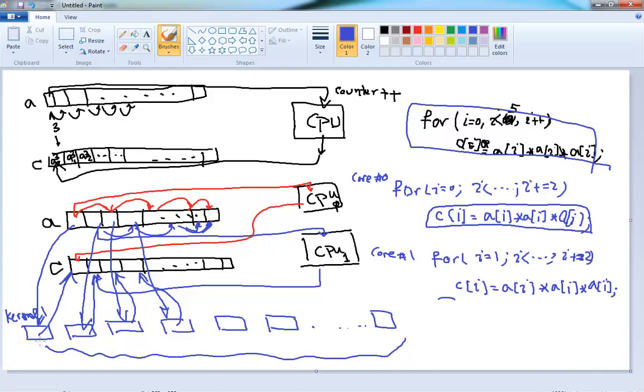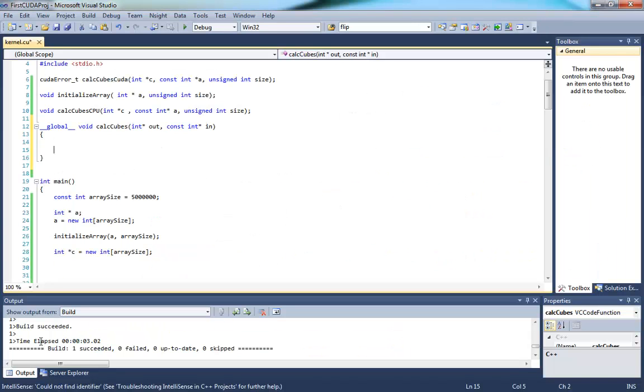How am I going to calculate this index? It actually is two processes, and I'm going to talk about it in a little bit. But the process I'm going to use here is to associate a block index, where each block would have one thread, and I use that as an index. So I create a variable called index, and I make it equal to blockIdx.x. I'm going to cover this in a little bit, but what I'm creating here is a one-dimensional